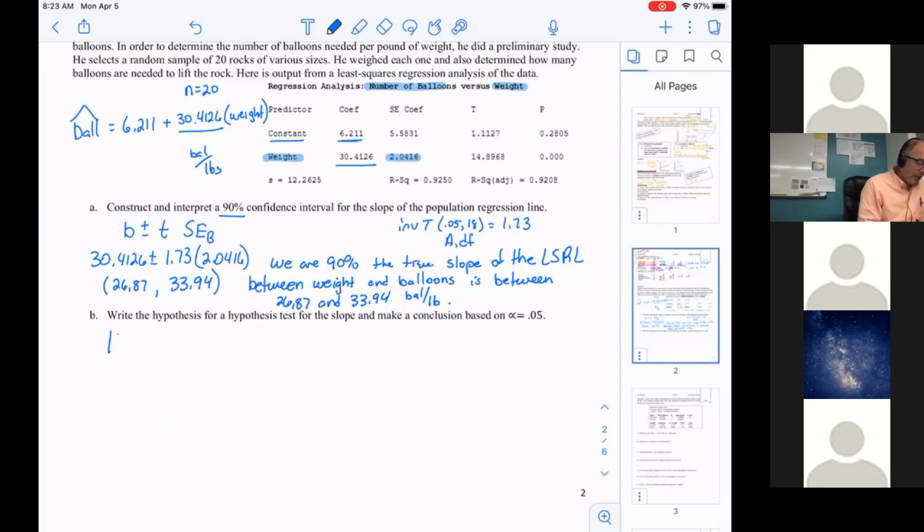So here's what happens. In a hypothesis test about slope, inference about slope, our null hypothesis is my slope is equal to 0. This is the same thing as assuming there's no relationship between two variables. We're going to assume there's no independence. Just as when we're doing a goodness of fit test or a homogeneity test, we assume that the distribution is the same, here we're going to assume that there is no relationship between two variables,